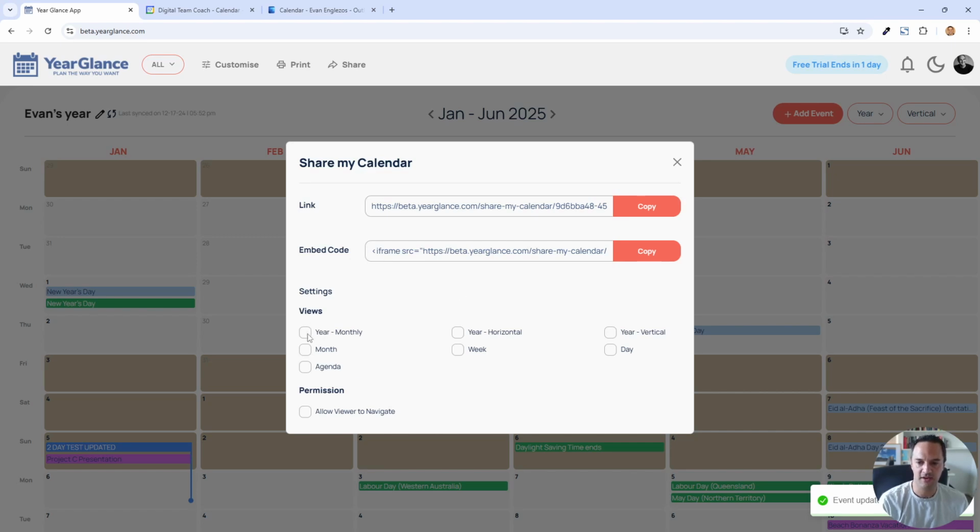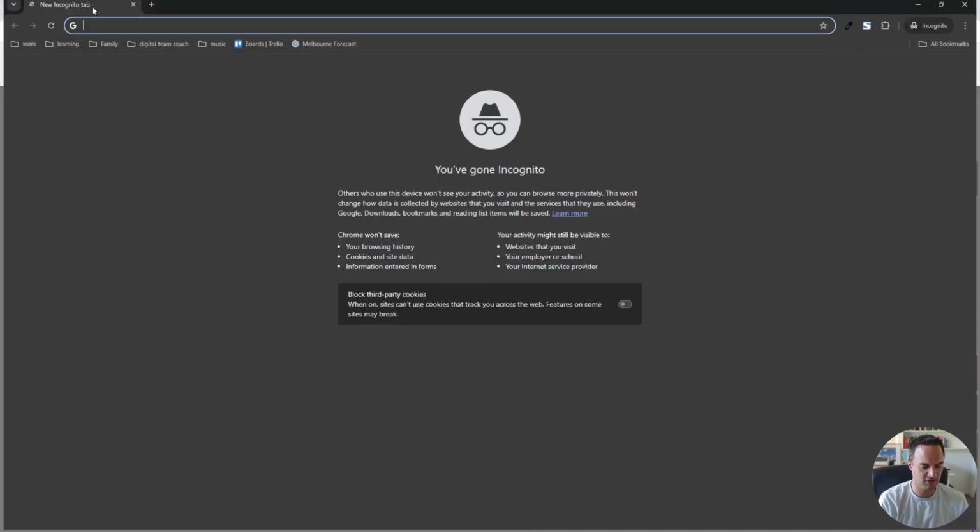Now, what you need to do first is allow which views that you want to allow the person to use. If you want them to be able to switch views, navigate, then you turn all these things on. And I just forgot to mention before, the agenda or the list view, that's much more usable, particularly on a mobile device, which helps it to be quite responsive. So yeah, you might want to allow all of them. You may want to fix the dates so they can't switch back and forth between the dates. So let's actually have a go of that. Let's have everything there, and we'll copy this link here. We're going to open in a new window.